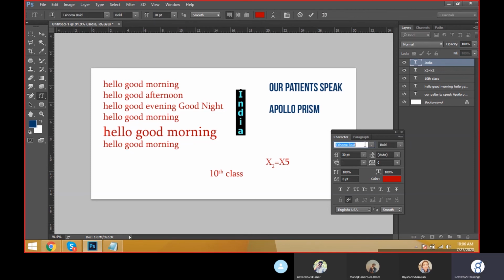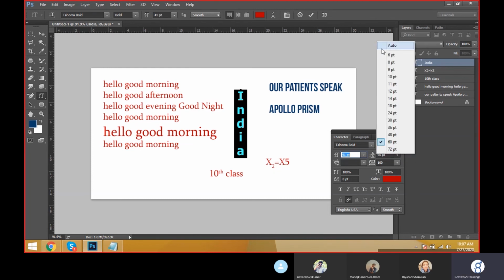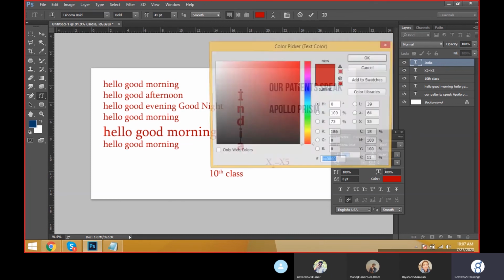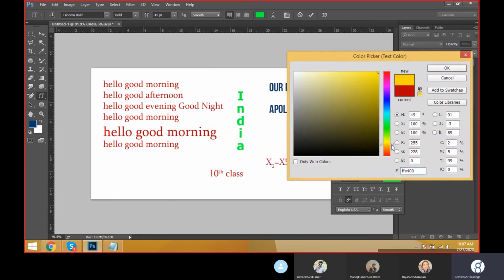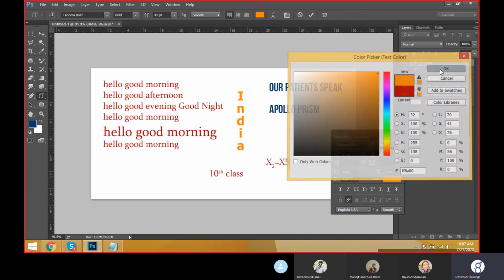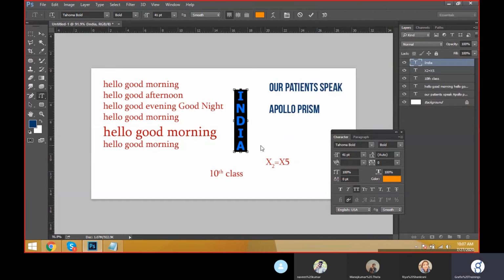Font styles, increasing the font size, we can increase the font size from here. And line to line spacing, only one line is there. Character spacing here, keep it auto, keep it 0. And we can change the font text color, and we can select this one and change small letters to big letters here.